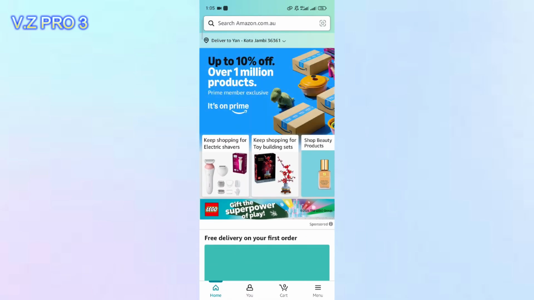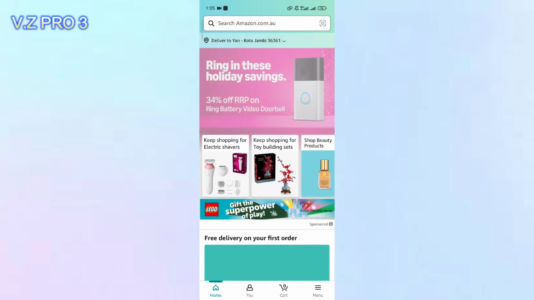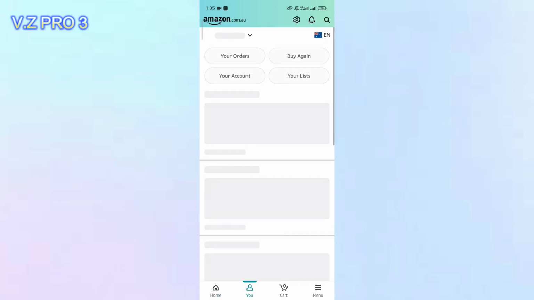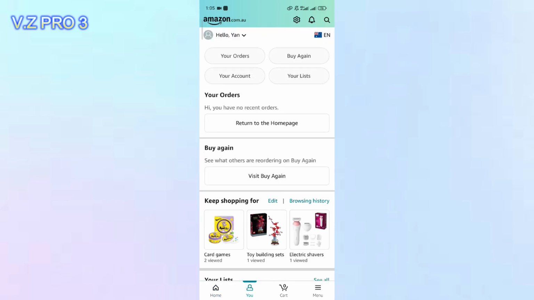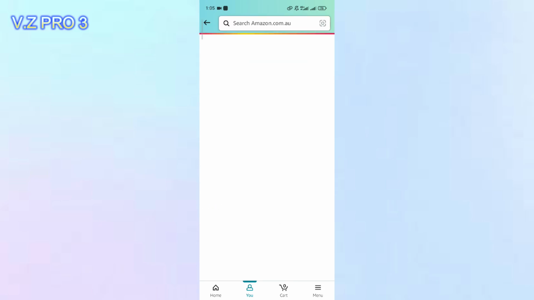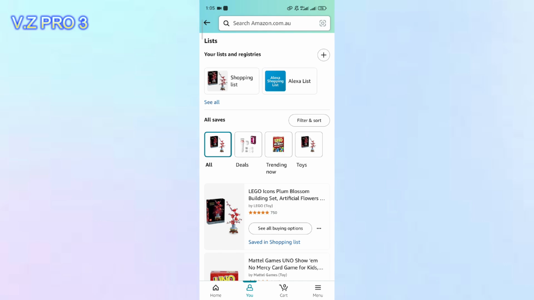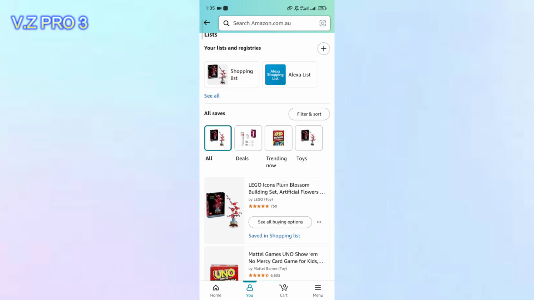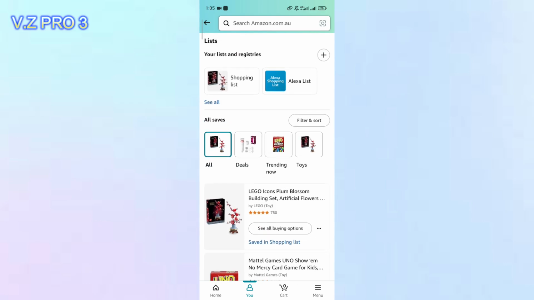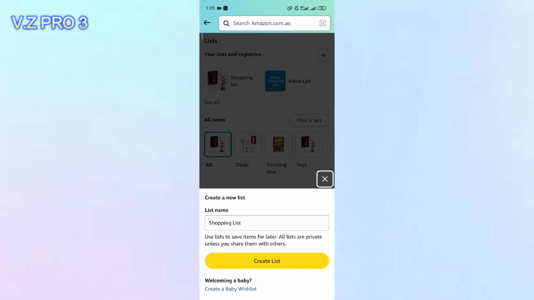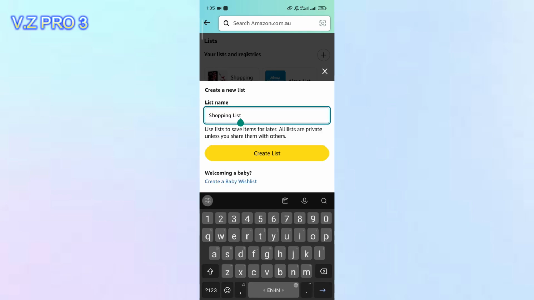It's simple. First of all, of course, we have to open our Amazon app. Here you can go to You, and there's an option, Your Lists. You can tap on that. Here are all the lists, like the wish list you have on your Amazon. If you want to create a new one, you can just tap on the plus icon here and you can start